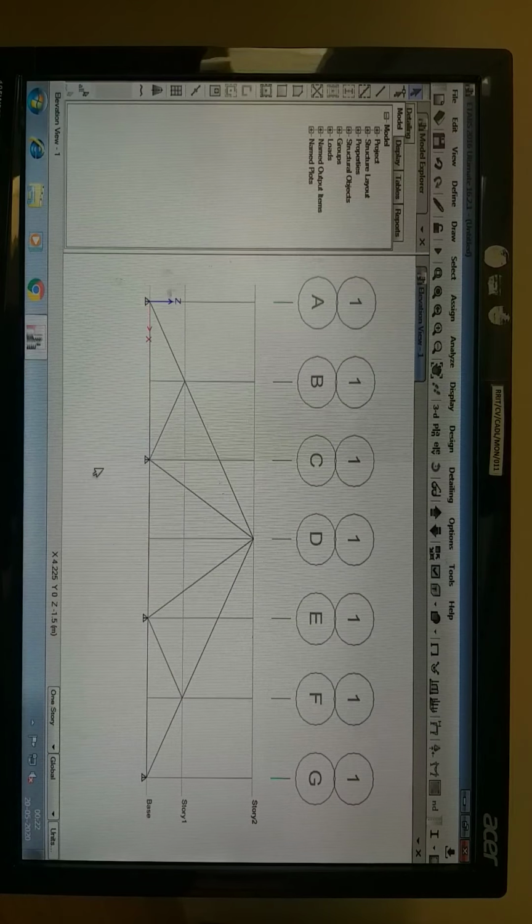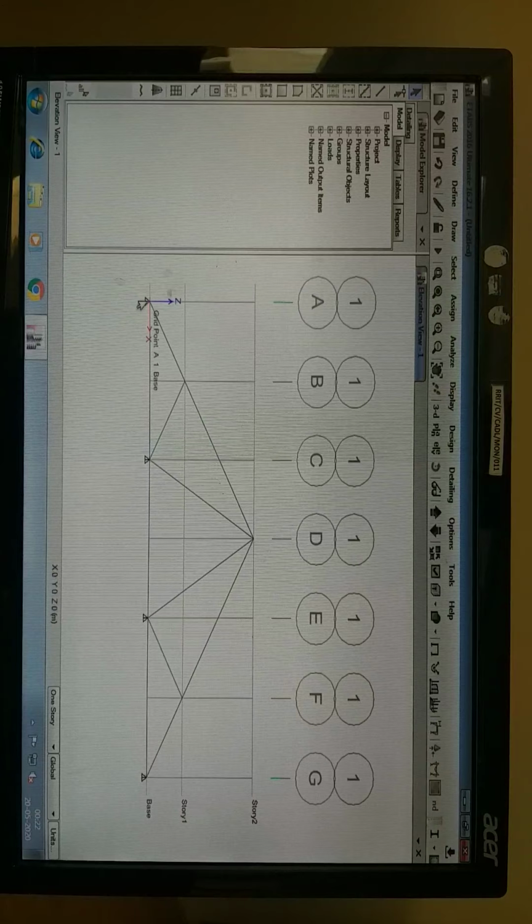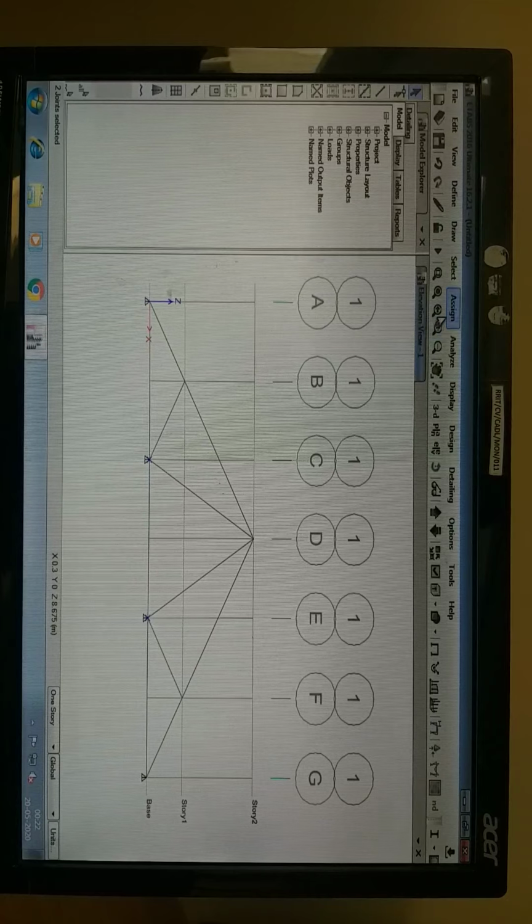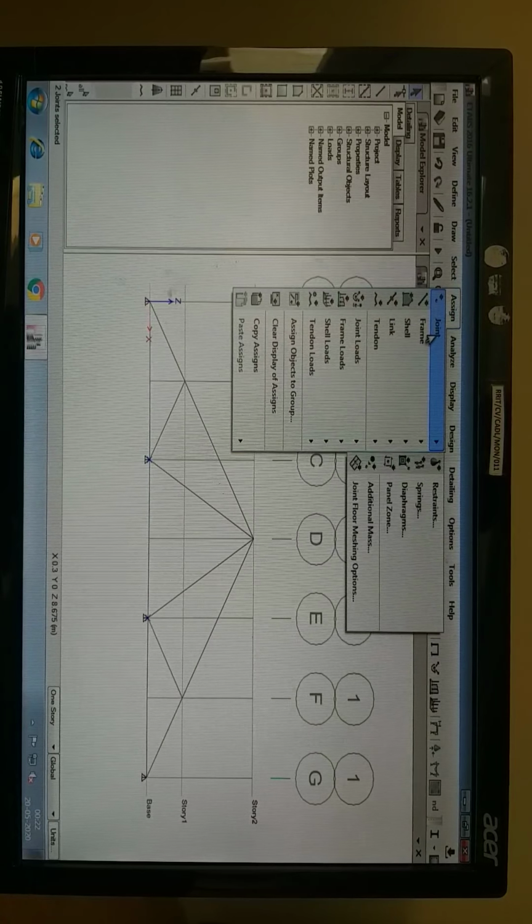And next, after drawing, here we have to fix the support conditions. For that, just select these two supports, go for assign, joint, restraints.